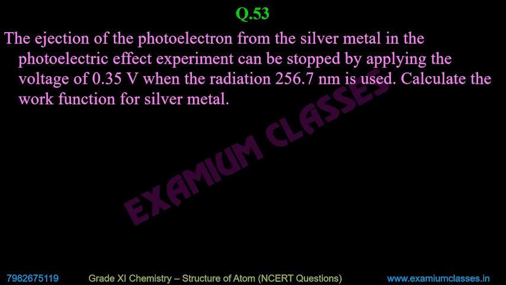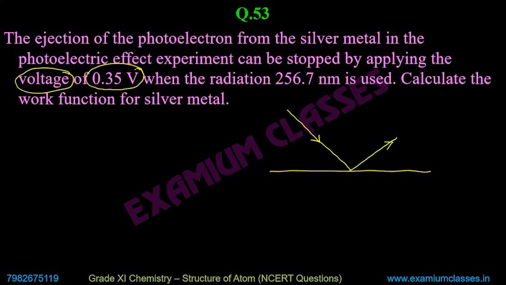The question here is that the ejection of the photoelectron from the silver metal in the photoelectric effect experiment can be stopped by applying the voltage of 0.35 volt. For that, you need to understand that there is energy associated with potential. Whenever we have some potential, meaning voltage is potential, there is some energy associated with it. And what this statement means is that if we have photoelectric effect